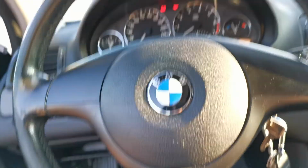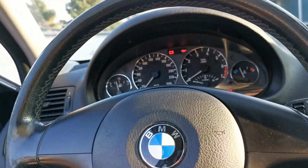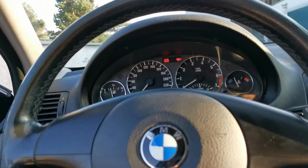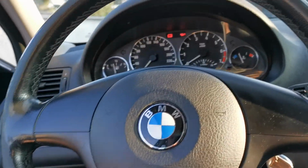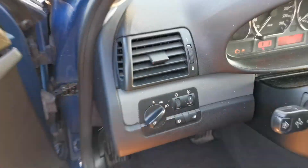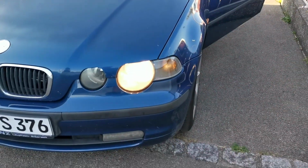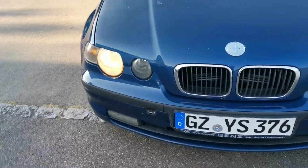Hello guys again. Today I will show you how we can activate the US side markers for a BMW E46 with the Carly adapter. So you can see I don't have the US side markers activated. You can see. So what we need to do now,